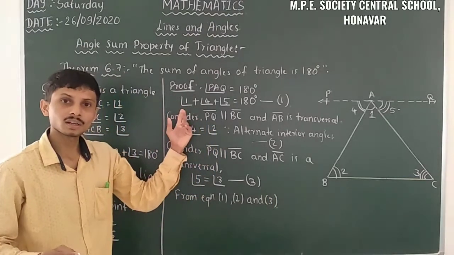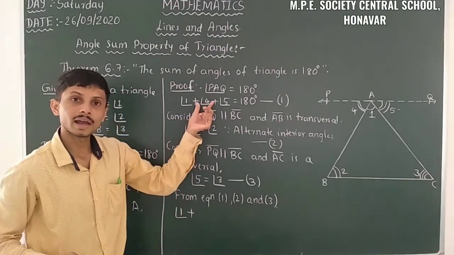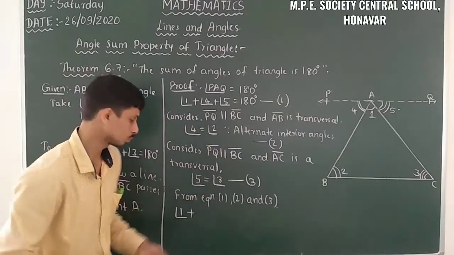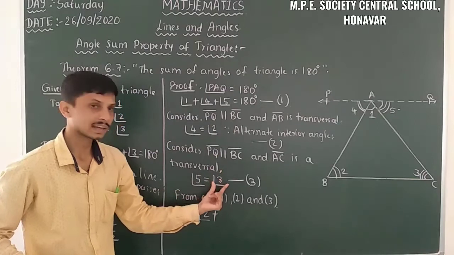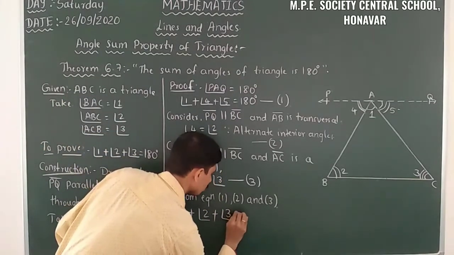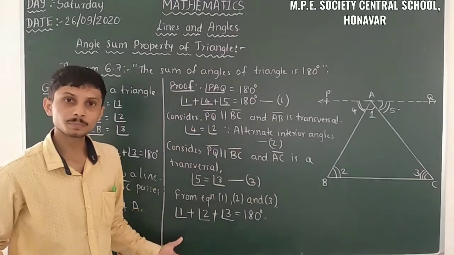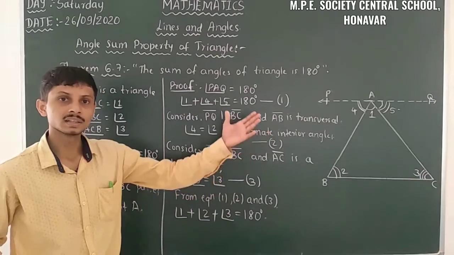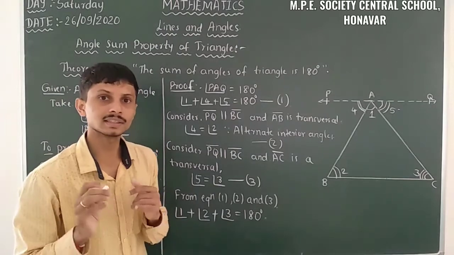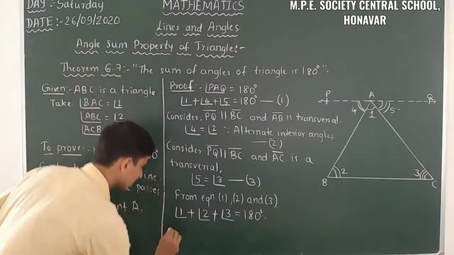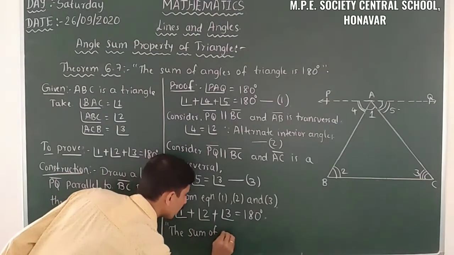So equation angle 1 remains as it is, angle 1 plus, in place of angle 4 we can insert angle 2 plus, in place of angle 5 we can insert angle 3. Angle 3 is equal to 180 degree. So that means here it is the proof. So from this proof we can easily state theorem 6.7 as the sum of angles of a triangle is 180 degree. That is the sum of, therefore the sum of angles